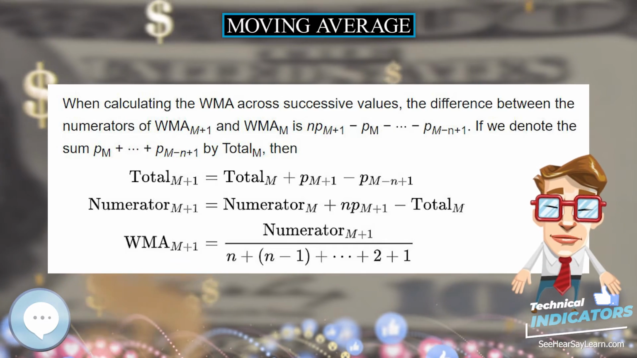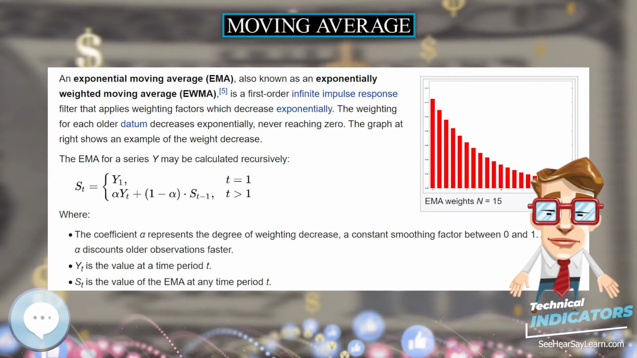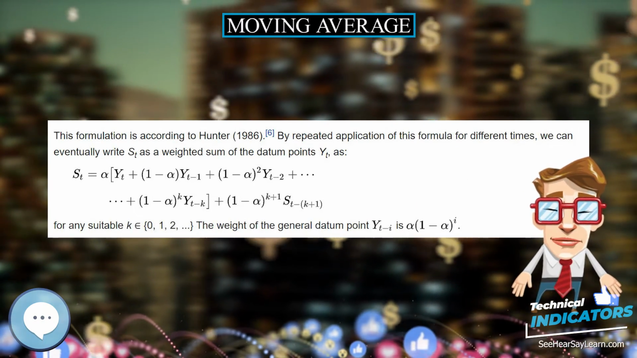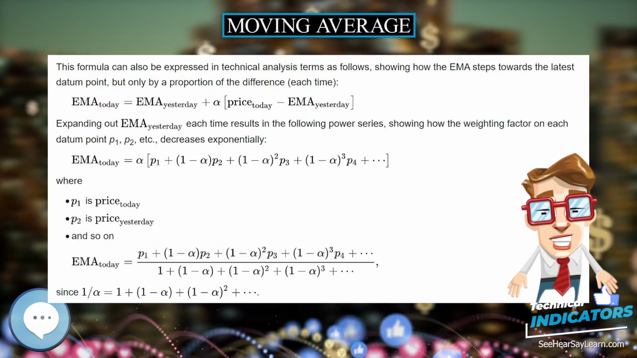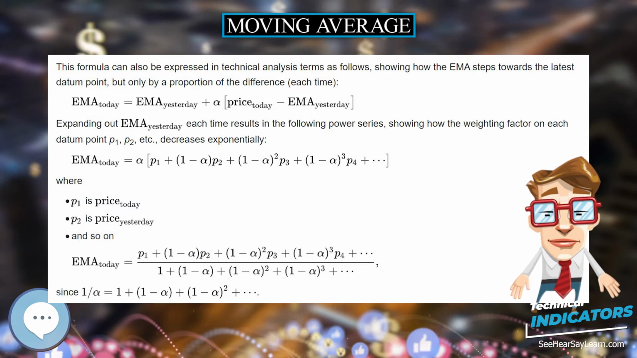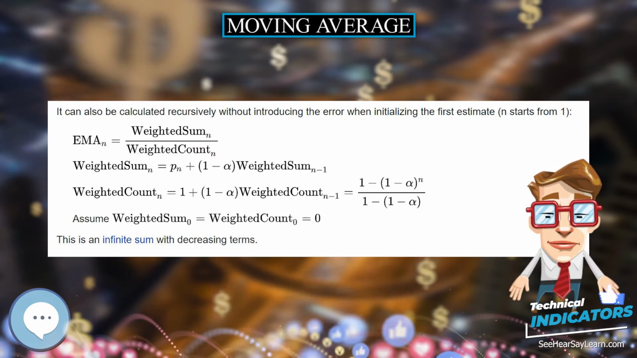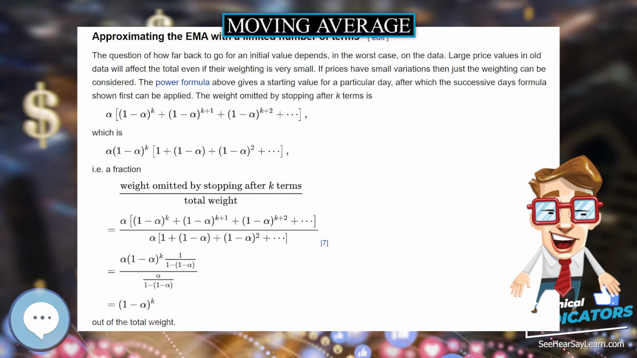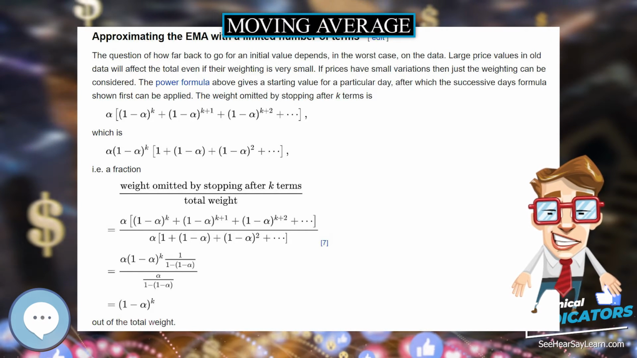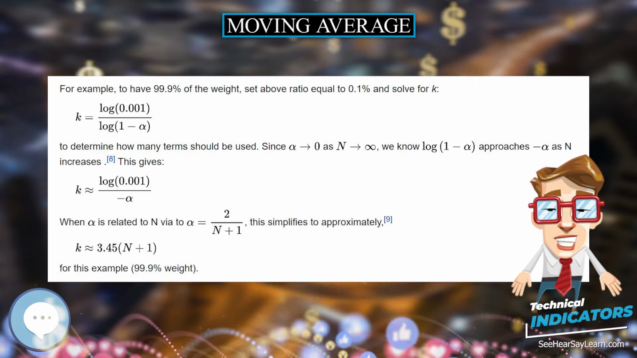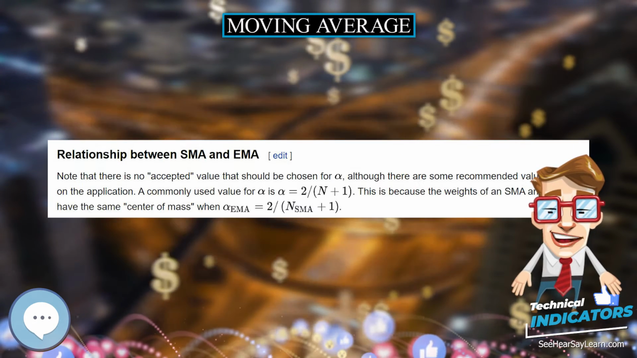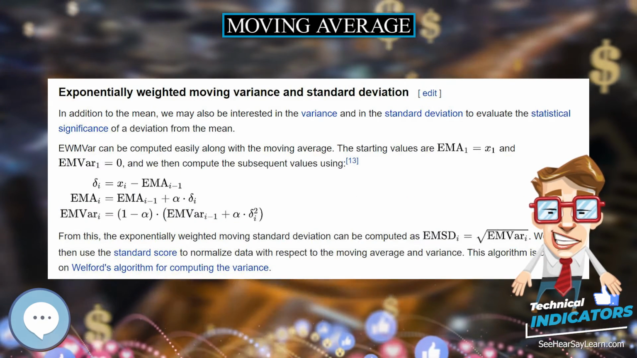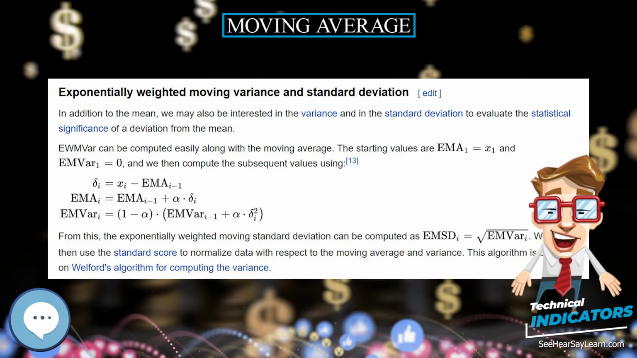The starting values are EMA_1 equals x_1 and EMV_1 equals 0, and we then compute the subsequent values using delta_i equals x_i minus EMA_{i-1}, EMA_i equals EMA_{i-1} plus alpha times delta_i, EMV_i equals (1 minus alpha) times (EMV_{i-1} plus alpha times delta_i squared), where delta_i equals x_i